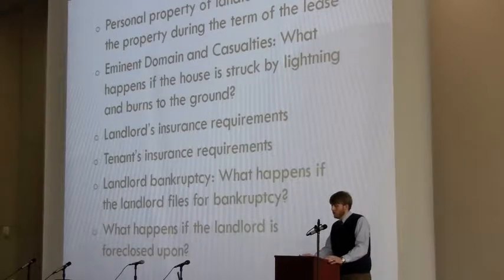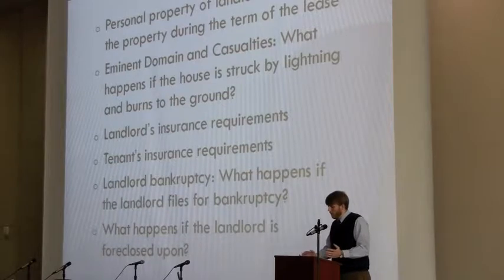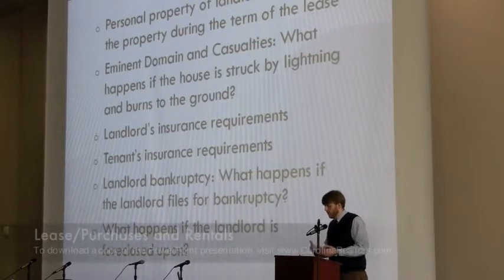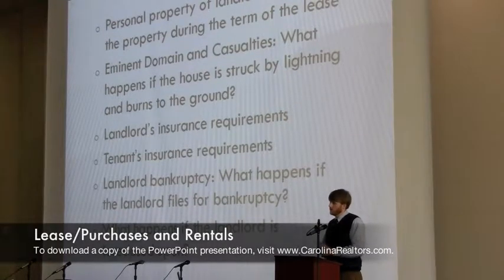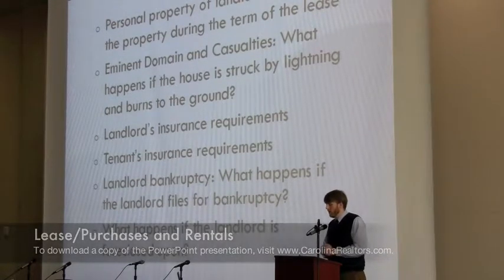Landlord's bankruptcy: what happens if the landlord files bankruptcy during the term of the lease? I always write into the lease agreement, lease purchase, that the landlord has to refund that deposit fee. The problem with that is, and I'm not a bankruptcy attorney, the way I understand it, is that there is,